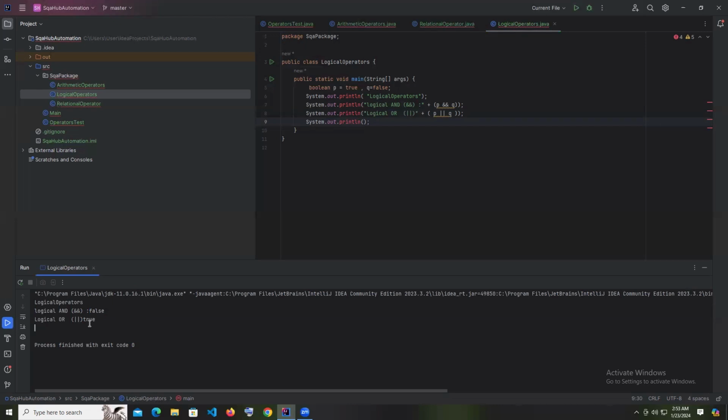So that is the overall meaning of a logical operator. These operators are commonly used in conditional statements like loops and other control flow structures in programming languages to make decisions based on the truthfulness or falsity of certain conditions. Okay. So next I will show you